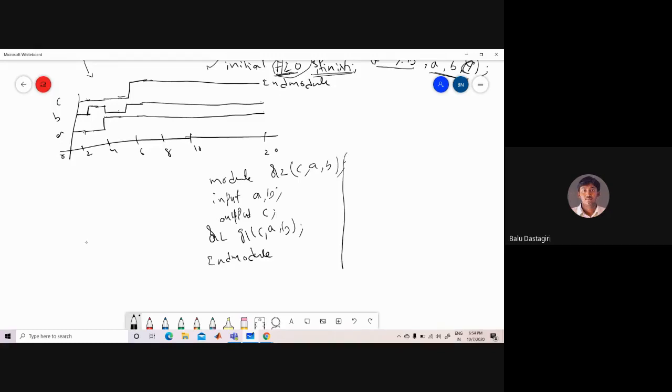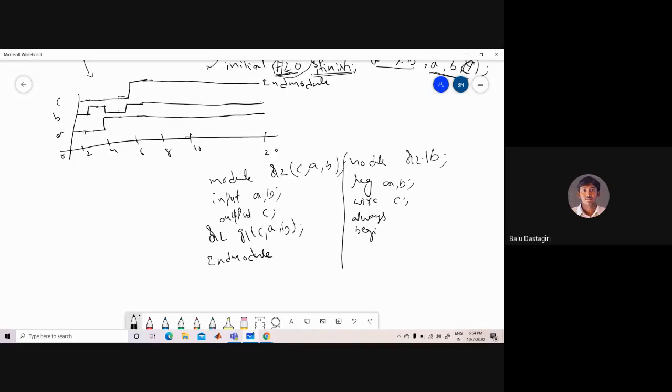When you are writing the test bench for this module, module R2 test bench, declare the inputs as registers: reg A, B. Declare the outputs as wires: wire C. Next, we have to declare the initial block and always block. Now I declare the always block here instead of the initial block.